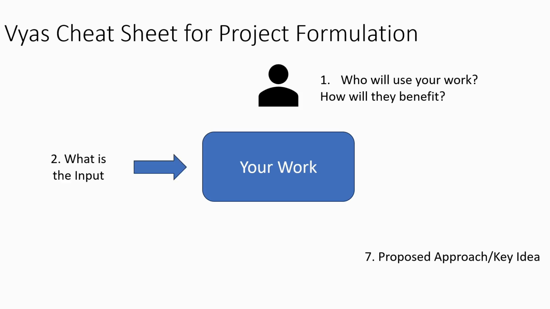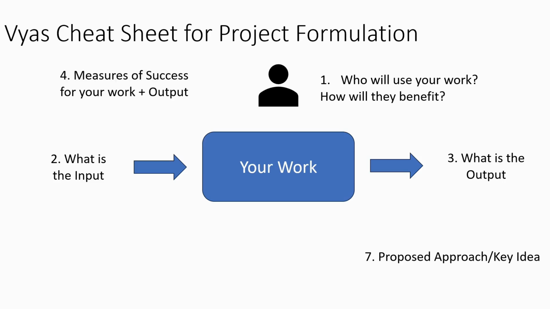Second question, your work, your widget, what is the input to your system? Is it data traffic? Is it a routing config? Is it a machine learning workload? Is it some algorithm? Is it code? What is the input to your system? Step number 3, what is the output? What are you producing? Am I giving a better algorithm? Am I producing code? Am I producing a static analysis? You should be able to say what is the input and output of your system.